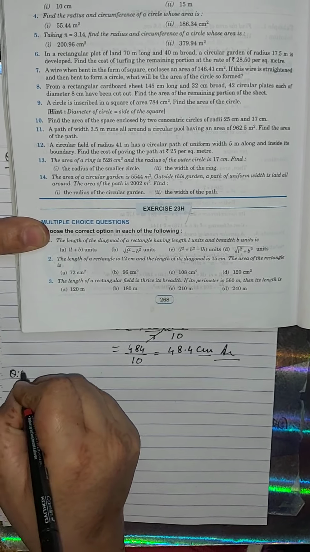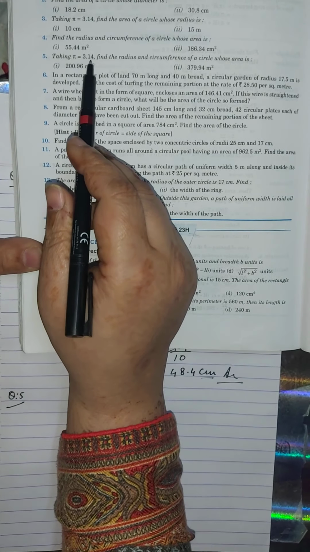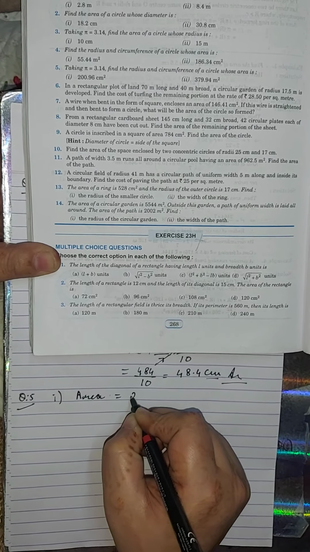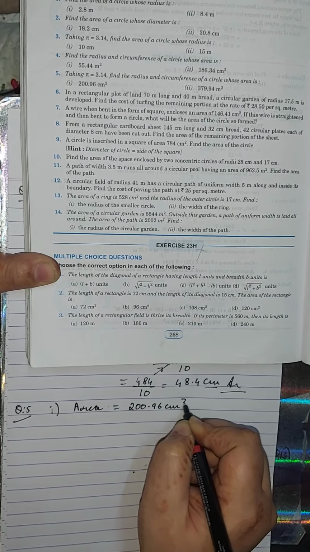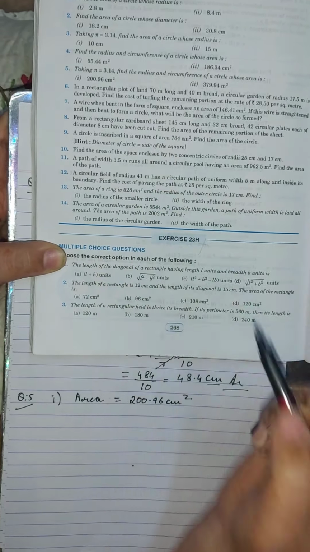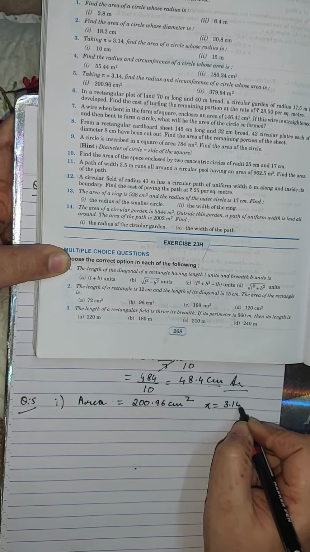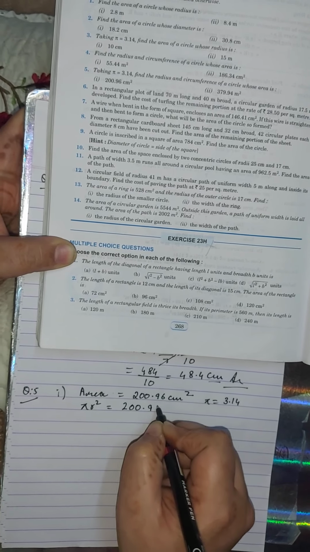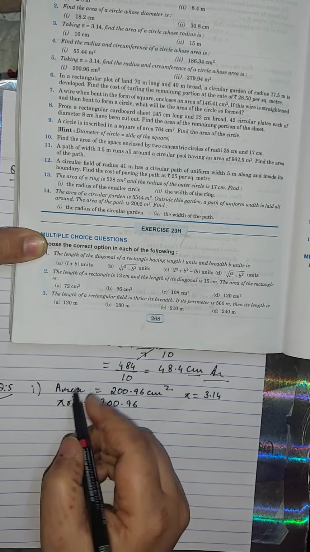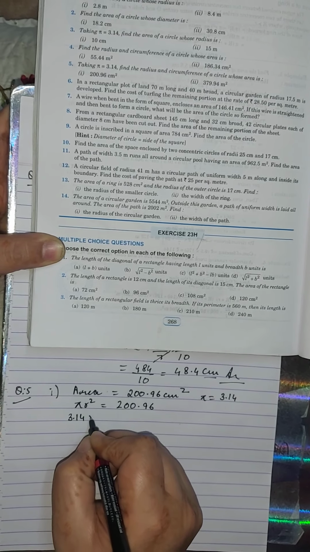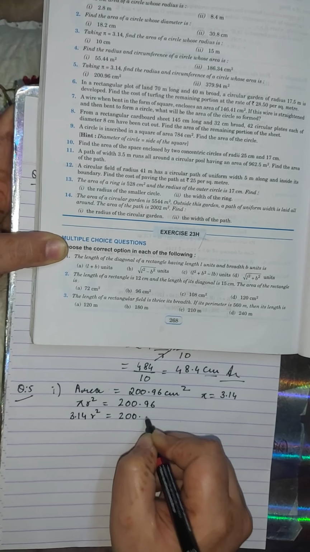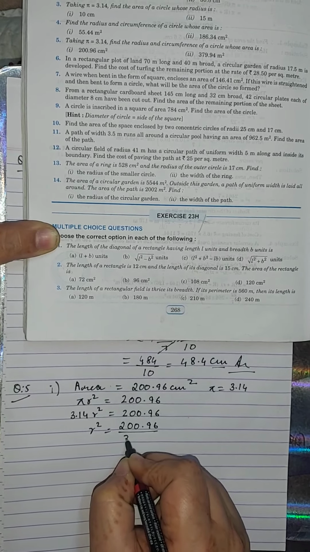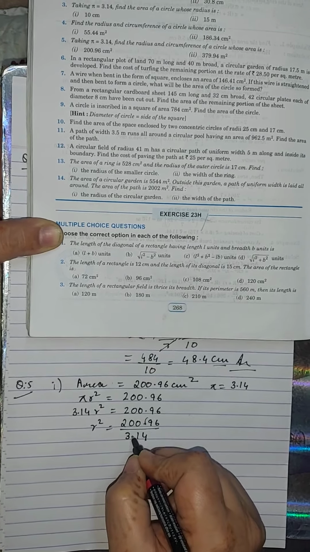It is also the same, but we have to take the value of pi as 3.14. First part, area is given, 200.96 centimeters square. So we have to find the radius and circumference, and pi value you have to take it 3.14. Area pi r square equals 200.96. First you will find the radius from here. Pi की वैल्यू क्या रखनी है? 3.14. r square equals 200.96 upon 3.14. Decimal, 2 decimal है, कट हो गए.